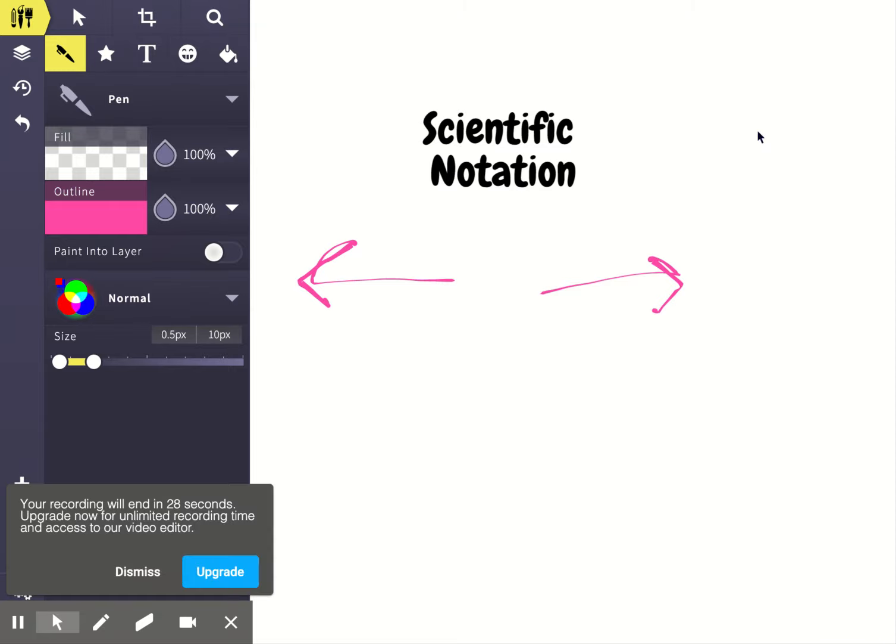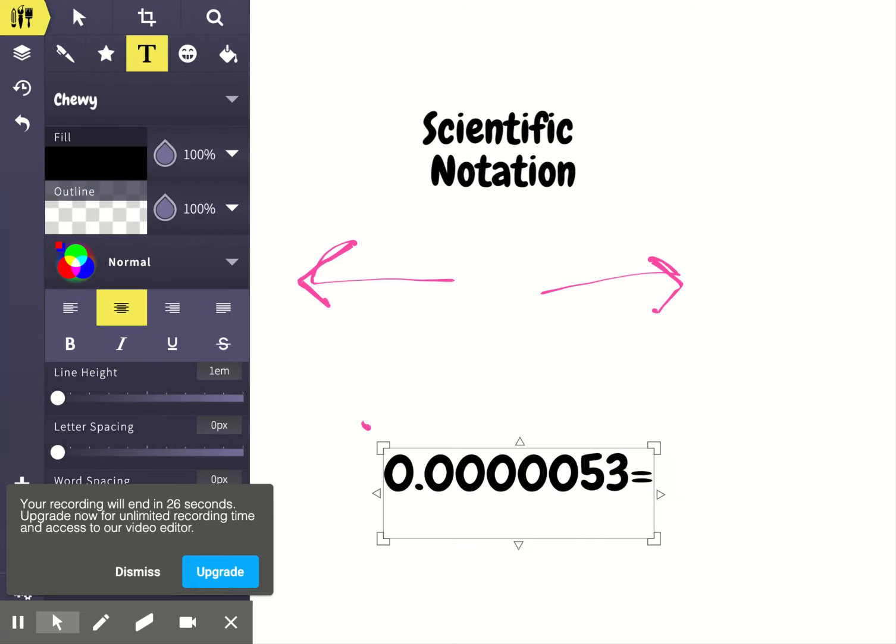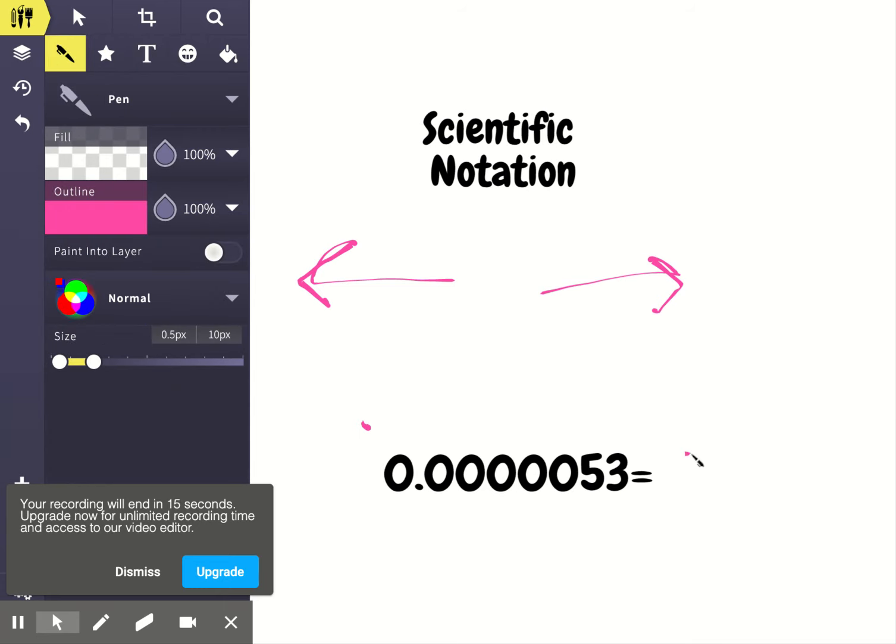Now let's do an example. So here we are at 0.00000053, which would equal, move the decimal point 6 places right. So you would do 5.3 times 10 to the negative